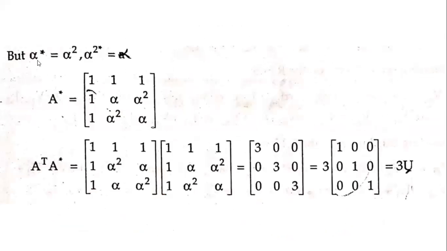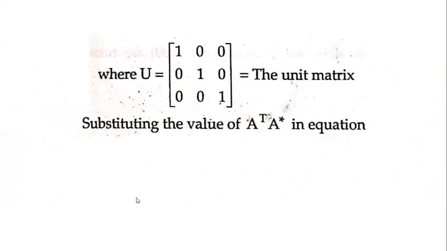Remember those formulas also, that is, the alpha conjugate value, the alpha square conjugate value, the A conjugate matrix, the A transpose matrix, and the A matrix. Then we can easily do the problems related to the symmetrical components in the three-phase system, and also the average power calculations in the case of symmetrical components.